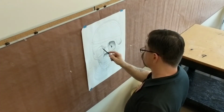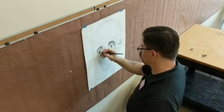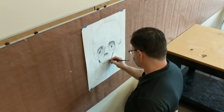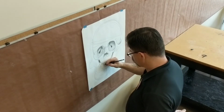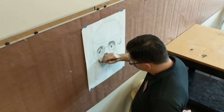The goal here is not realism. If it were realism, I wouldn't be using a stick. The goal here is interesting marks. So again, the goal of this is mark making, help to loosen up a little bit, not trying to make a perfect drawing. Now, I do want to think kind of like I'm making a perfect drawing. I want to attempt to